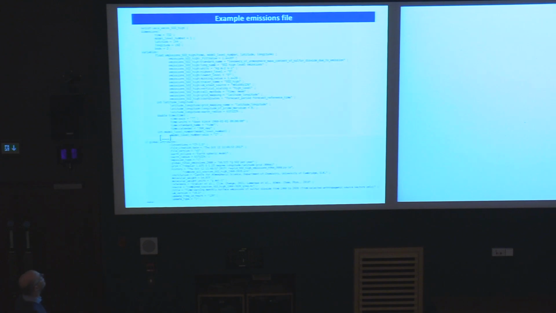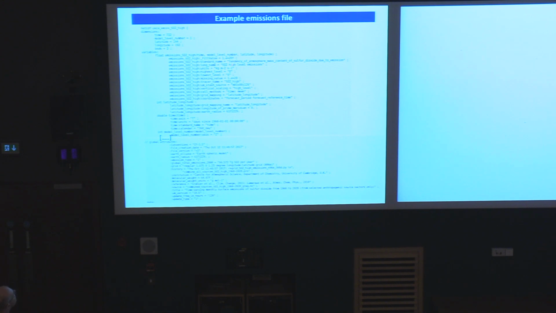Right. So here's an example of what the header of an emissions file looks like. This one has 732 monthly time steps, from 1st of January 1960 to the end of 2020. This is the time range that I was interested in. What we're looking at is SO2 emissions, and here, SO2 emissions at high level that are not put in at the surface, but slightly above the surface.